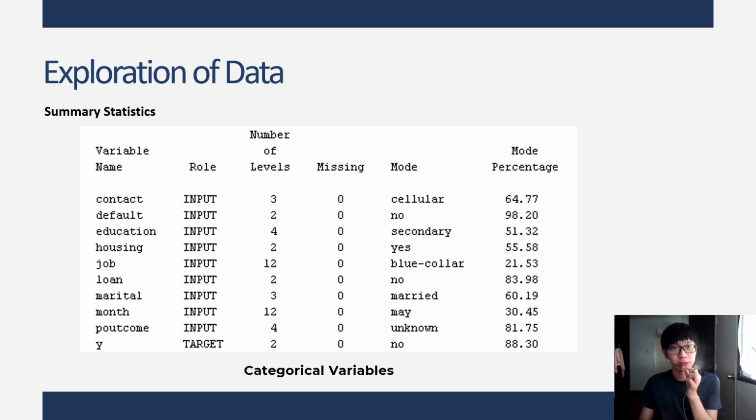For the summary statistics of the categorical variables, it is the same: there is no missing value, but for the mode percentage, which is the percentage of the mode value, most of the variables have a mode percentage greater than 50%, which indicates the variables are imbalanced. So we might need to perform downsampling or upsampling.